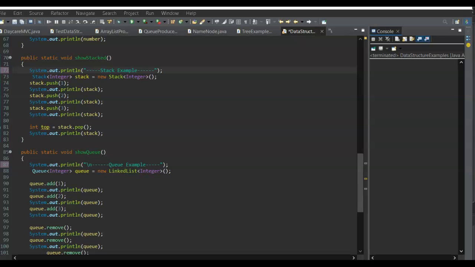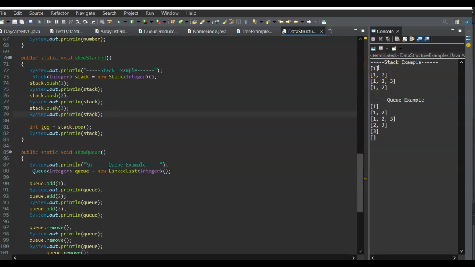So with a stack, it's kind of like they're stacking them on top of each other. The top is the last in and would be the first to be removed from the stack. And you would use methods like push to add elements and pop to remove elements. You have to have one pointer pointing to the top. If you run this, I have both of them showing at the same time.